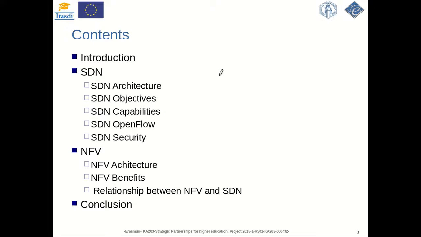And the second part is more details about NFV architecture, benefits, and relationship between those two significant parts from network virtualization. And in the end, we will finish our presentation with conclusion.